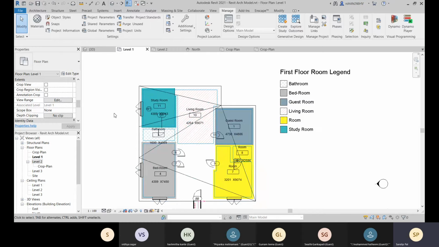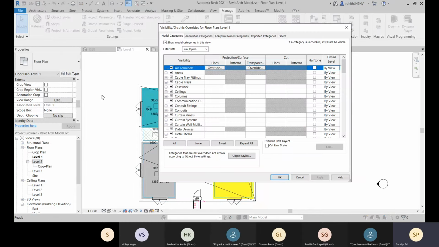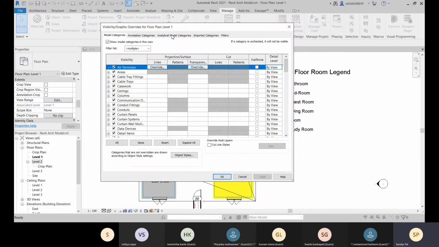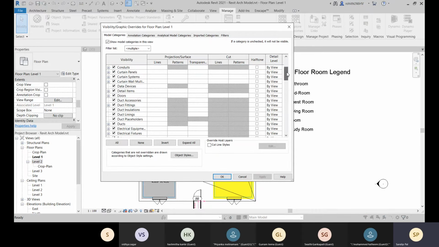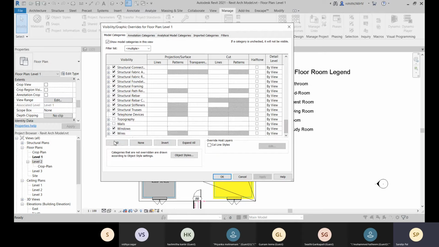Alright, so again VG is the shortcut for your visibility graphics, and VB is the same. You can go for either VG or VB.